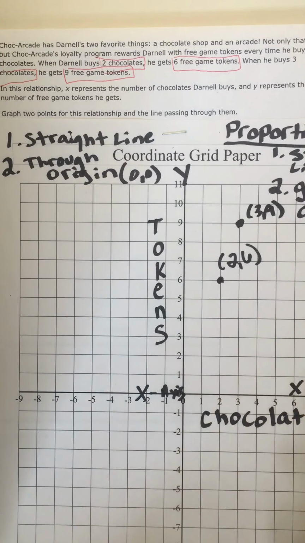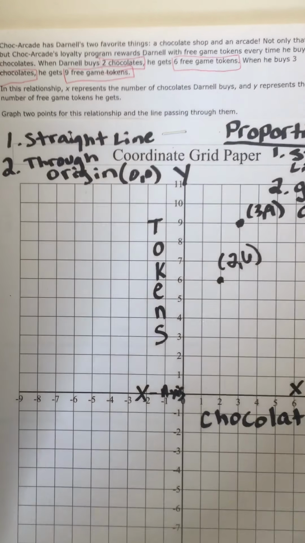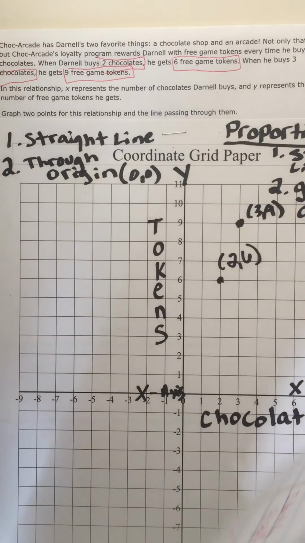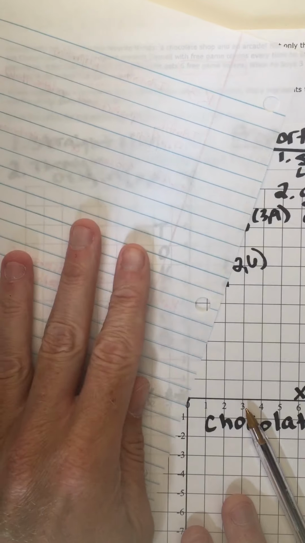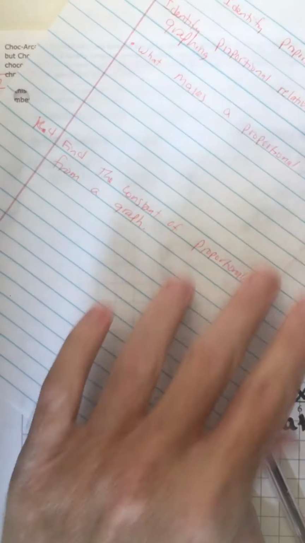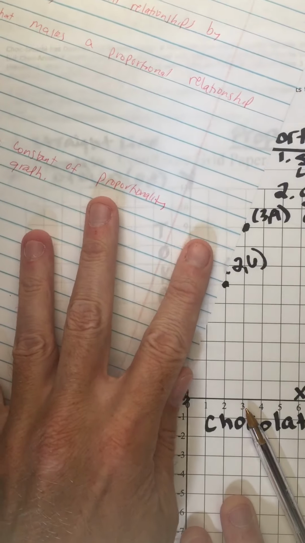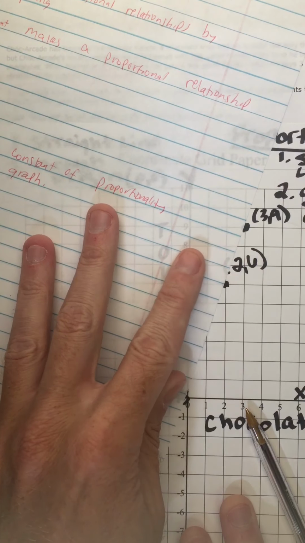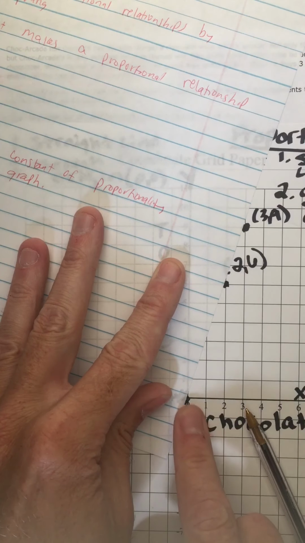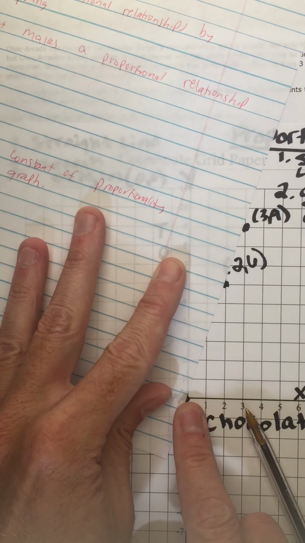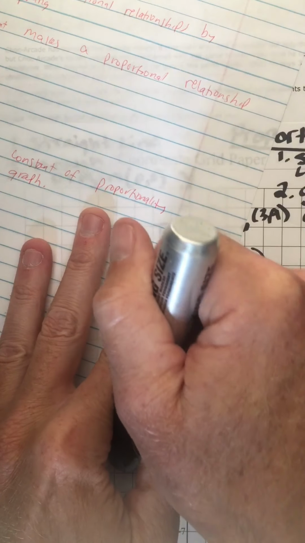So now, here is the part that I think is pretty easy. We're trying to figure out if it's proportional or not. Now, the easiest thing in the world is for us to go ahead and draw that line. So to do that, I'm going to try and connect this with my makeshift ruler that I have here. So the 2 points that we just graphed, I line those up. You can see that they're barely on that side of the paper. And then I have to line up the origin, which is 0, 0. So let's take a look. If I draw this,